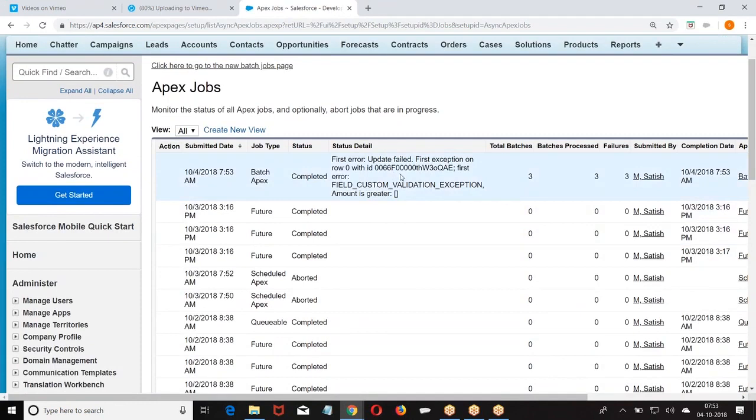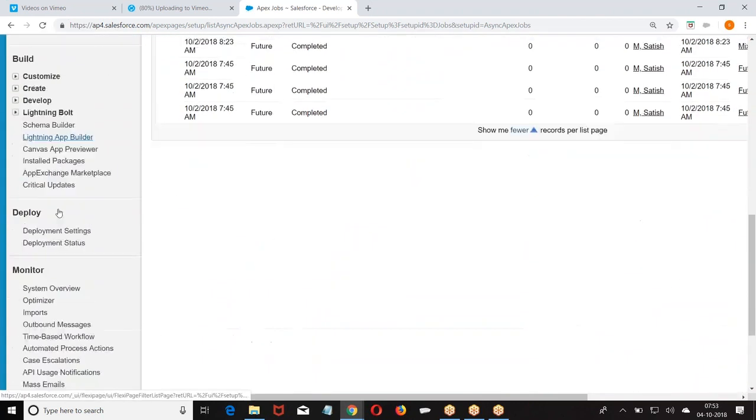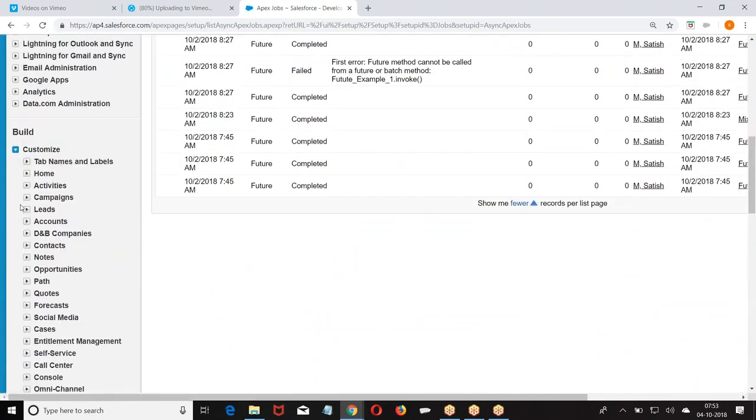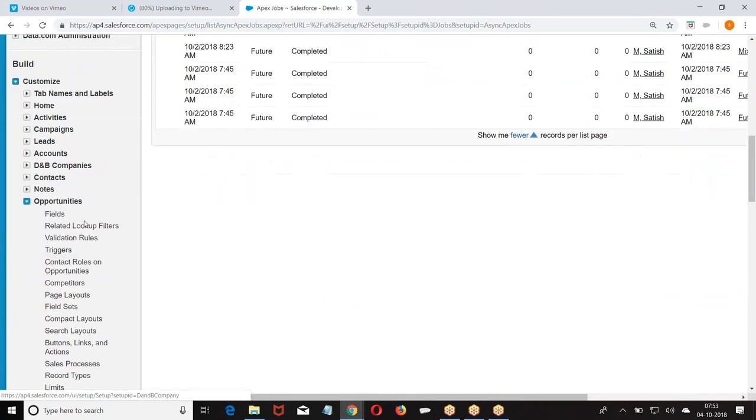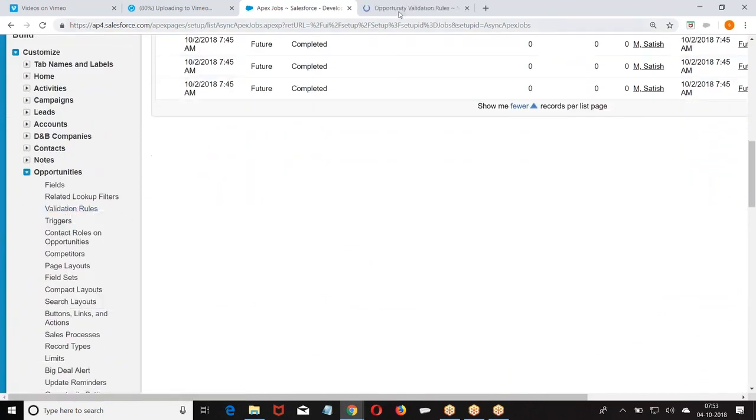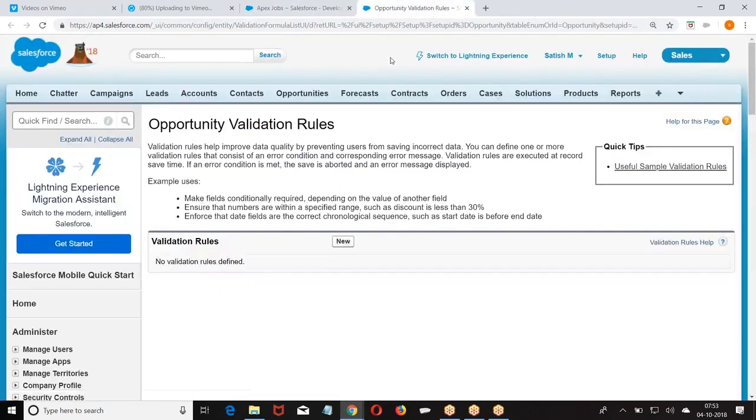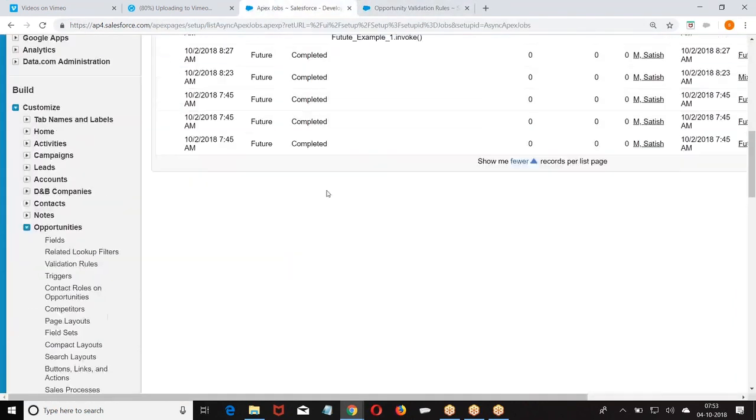Failed. Why failed? Custom validation exception. There is a validation rule defined on this Opportunity object, which is throwing an error message. What was the error? Once again, let us see.